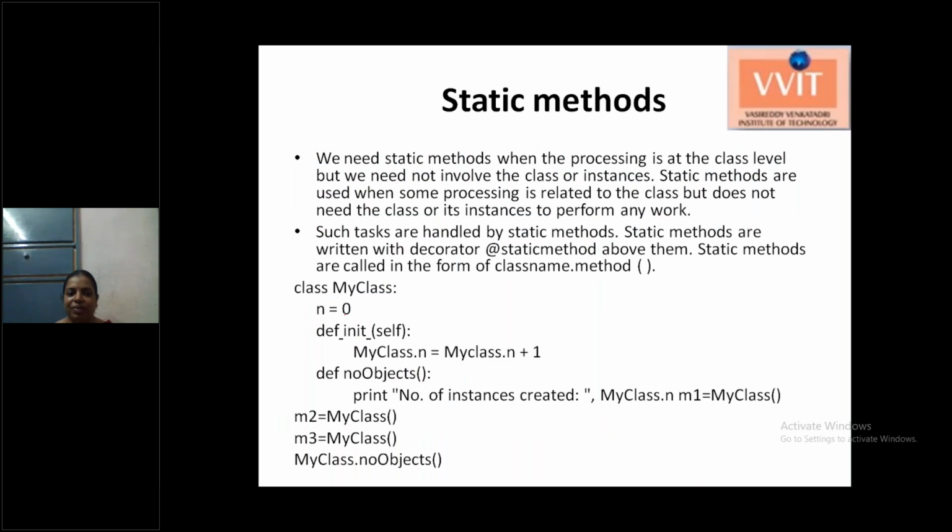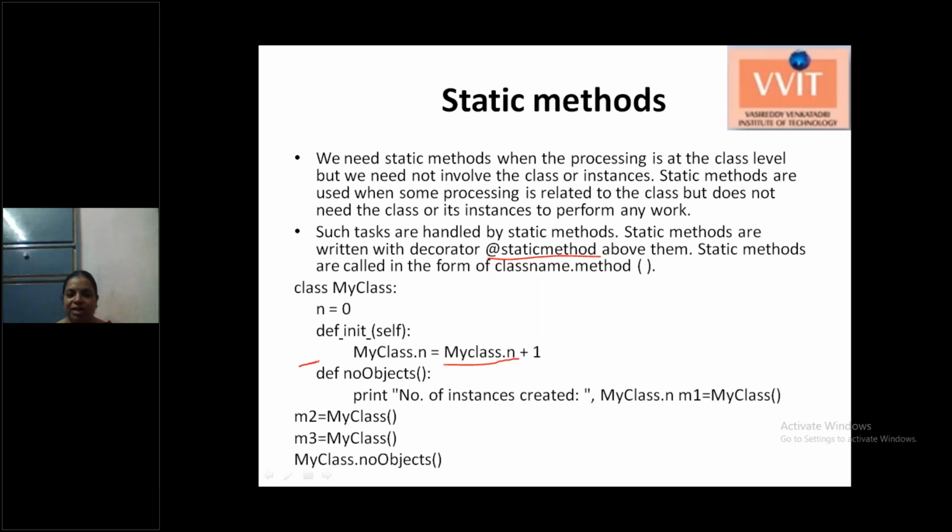Next are the static methods. The static methods are the methods which are used to create or access separate variables, which we call the same as class variables. But these variables are created in the global memory space, and those will not be destroyed from object to object. And with the decorator symbol @staticmethod, whatever method you want to write as a static method, you need to specify the @ symbol and staticmethod for that method.